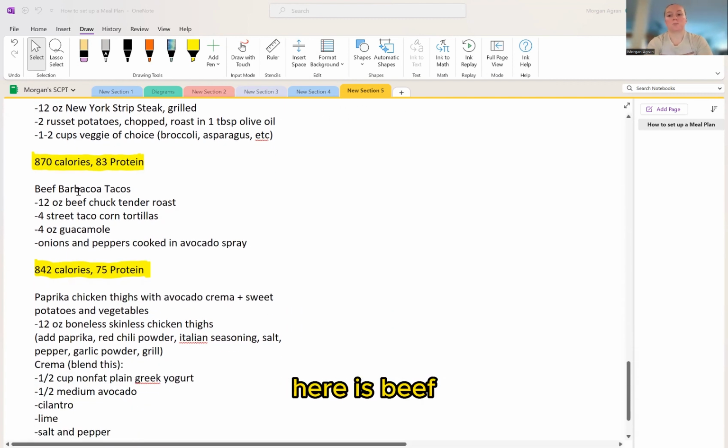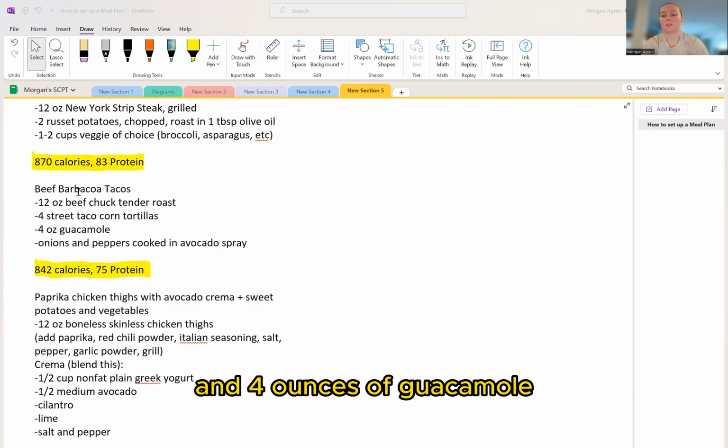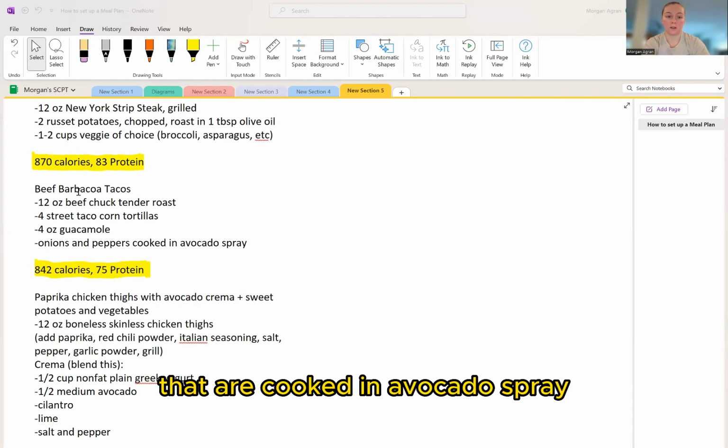My next option here is beef barbacoa tacos. I like to cook a beef chuck tender roast in my crock pot. What I'll do is add some chili and adobo to that. That's pretty much 0 calories as well because chilies are very low calorie. I'm going to use 4 street taco corn tortillas and 4 ounces of guacamole, as well as some onions and